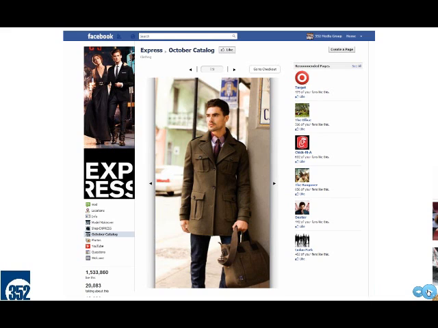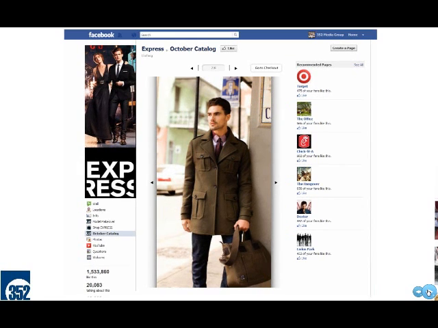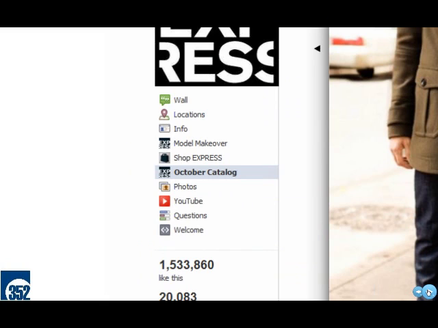So I want to flip now and show the other side and show someone that's doing a great job of taking advantage of those people that have come to their Facebook page to actually leverage that relationship right there on Facebook. So Express, if you're not familiar, is a clothing company, men's and women's clothing. They're in a lot of the malls out there, but what a lot of other companies would do is bring you to their Facebook page, talk about their new collection, and then push you over to their website to get you to buy product.